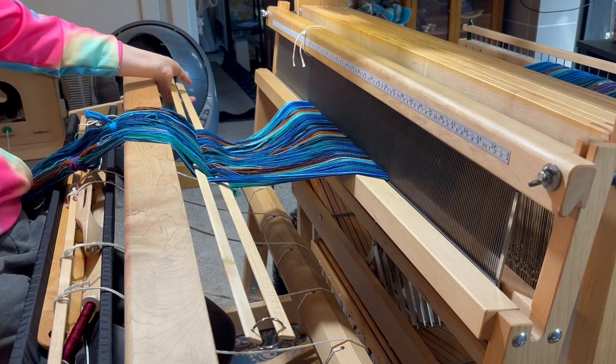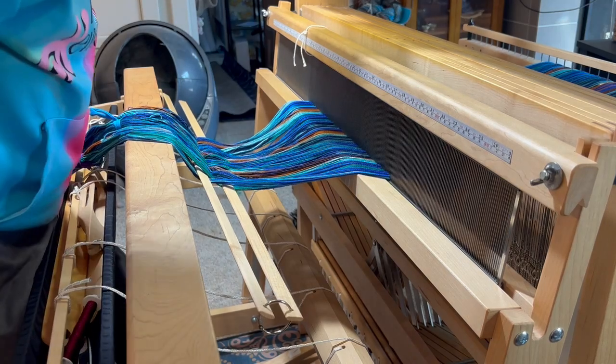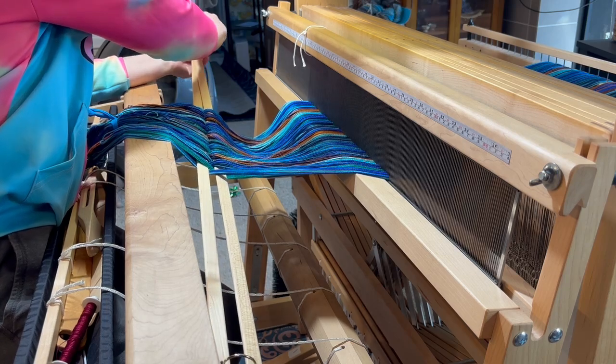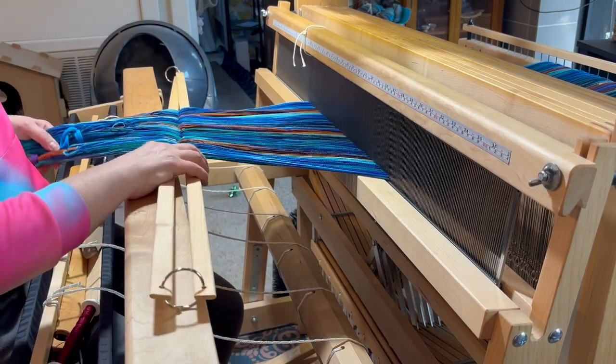Whoops, that was not good. Okay. I have recreated a cross that will help keep all the warp threads in the order I wound them for the warp chain, in theory. And this will prevent bending heddles,